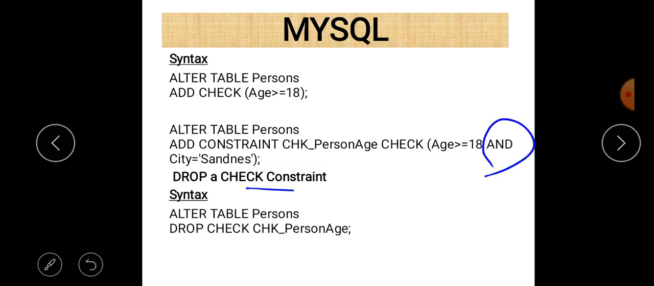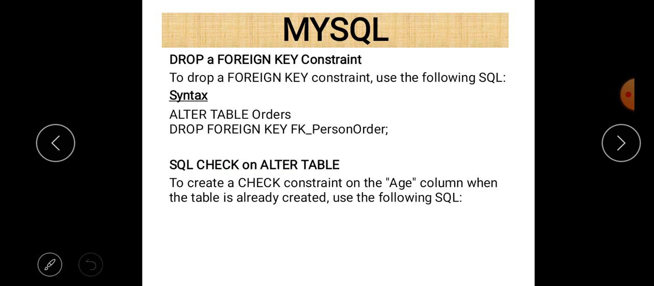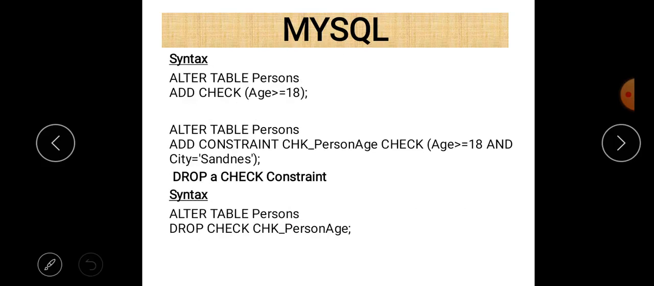Next constraint is the check constraint. So a check constraint is basically used to check a particular condition. To create a check constraint on the age column when the table is already created, we use the syntax here: alter table person add check, and after that the condition, and the condition is age must be greater than or equal to 18. And the second method, by giving the constraint name, so alter table person add constraint,